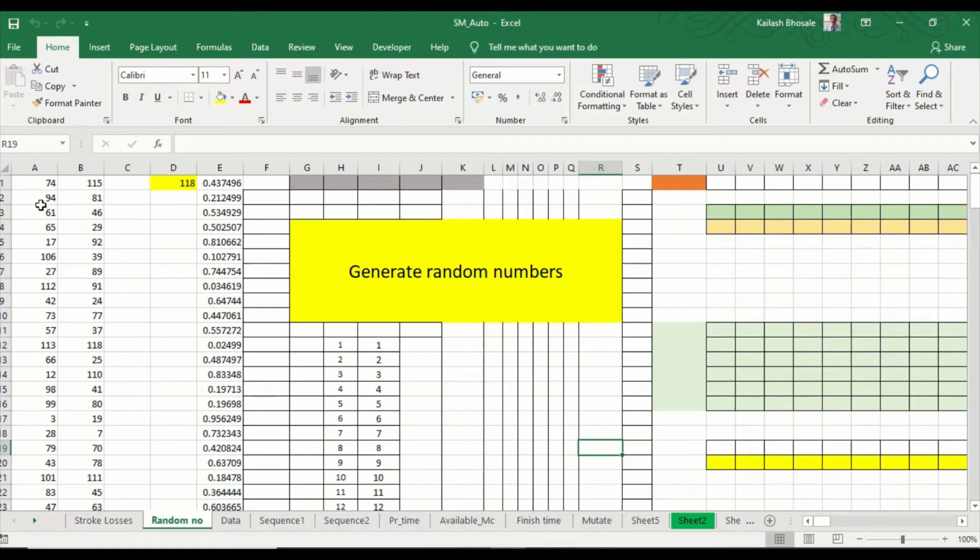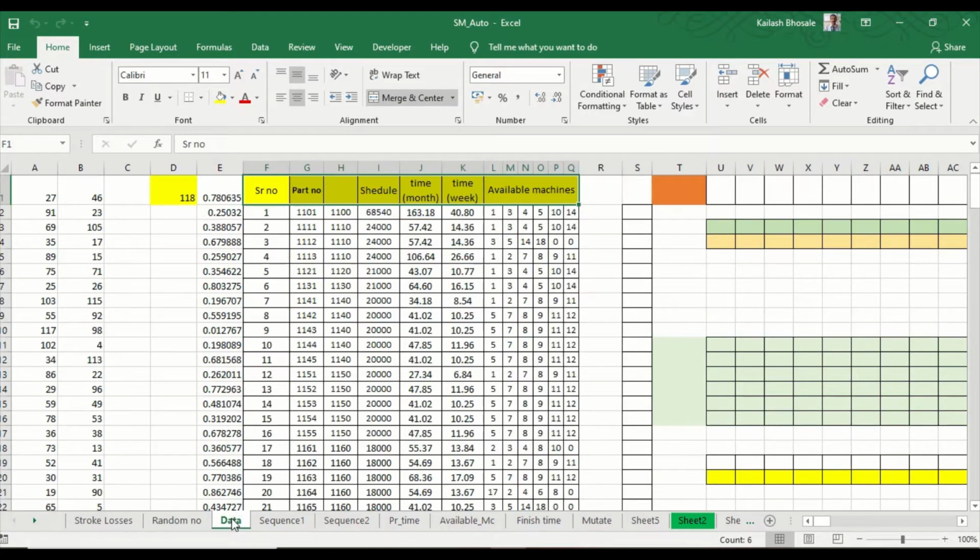In columns A and B, I have generated the random numbers. Then I will use these random numbers in the second sheet, which has the data.